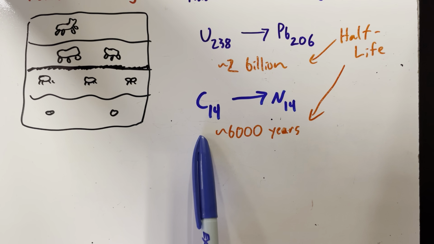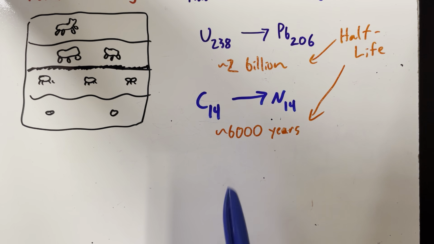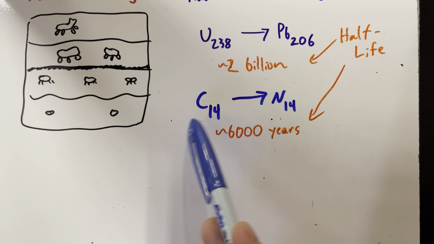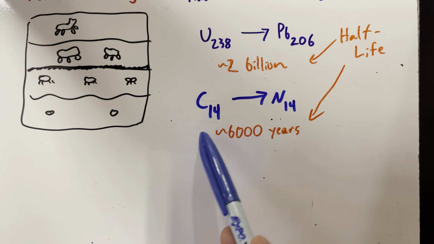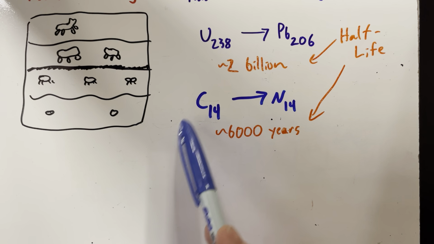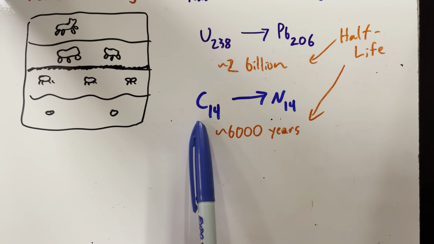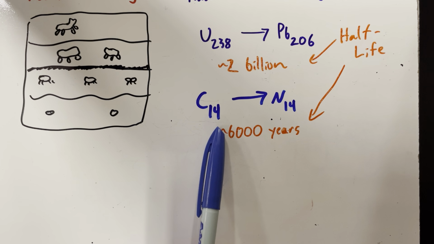The amount of carbon-14 in the atmosphere is relatively constant because carbon-14 is made basically by sunlight, by UV light from the sun. So the carbon-14 in the atmosphere is just hanging around at a pretty constant level, which means that the carbon-14 in living plants is pretty constant, right? Because the plants take in the carbon-14, which means the food we eat has carbon-14, which means your body has carbon-14 that's pretty similar to the atmosphere, right?